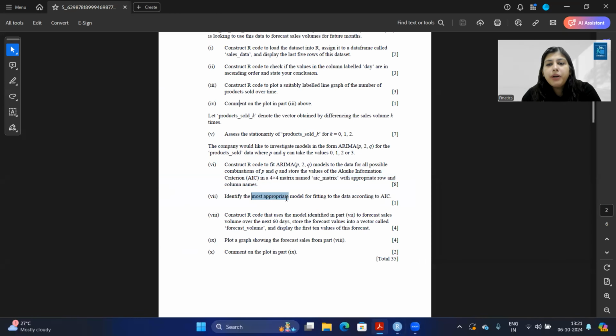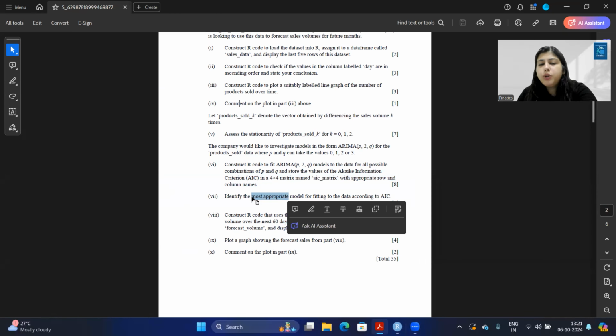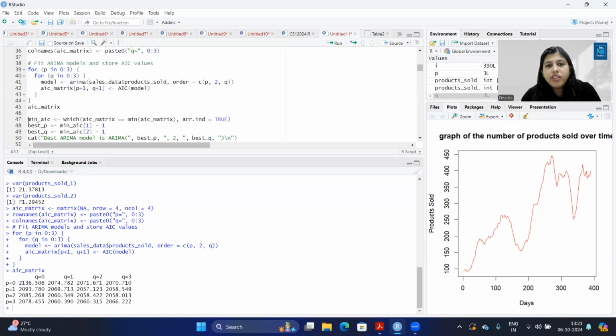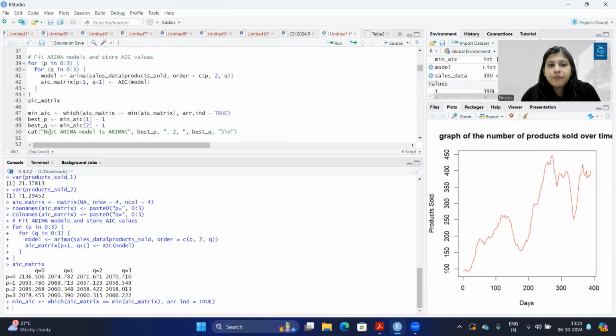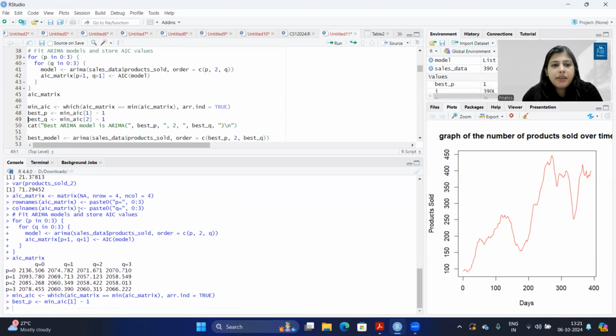Identify the most appropriate model for fitting the data according to AIC. So obviously we have to find the minimum AIC. So we'll say which AIC matrix is equal to minimum of AIC matrix and array inclusive true. So basically we are doing it in an array, so it's taking the array index. Okay. So now the answer will display minimum of AIC minus 1